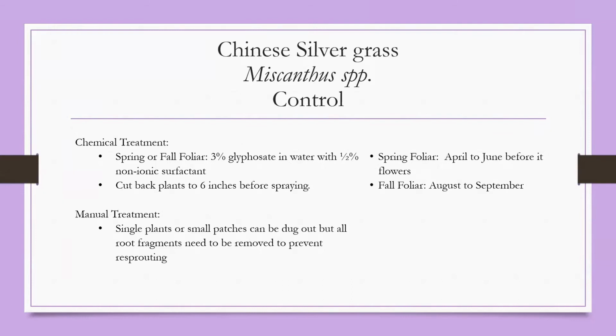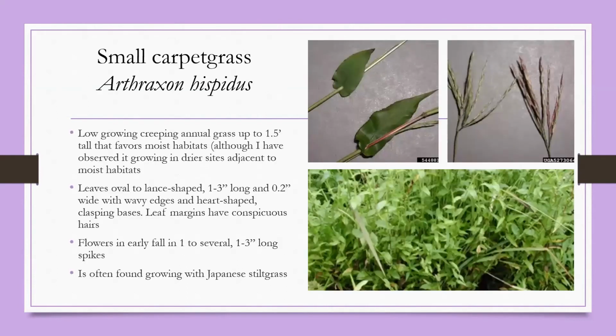And then when you dig stuff out like that, you can just monitor one area to see if things have resprouted. Again, any manual control, try to do it before the seed head comes on, because they do spread via the root, and they can also spread via seed. And this is one we're seeing spread more and more throughout the state, out of its nice little patches in the landscaping. And then I'm going to let Dawn take over for the small carpet grass,